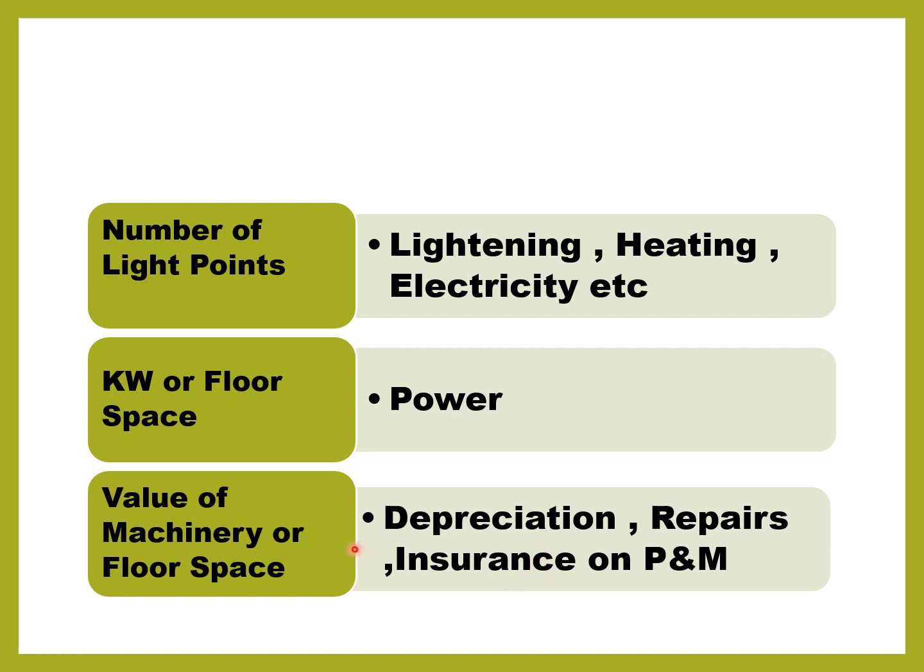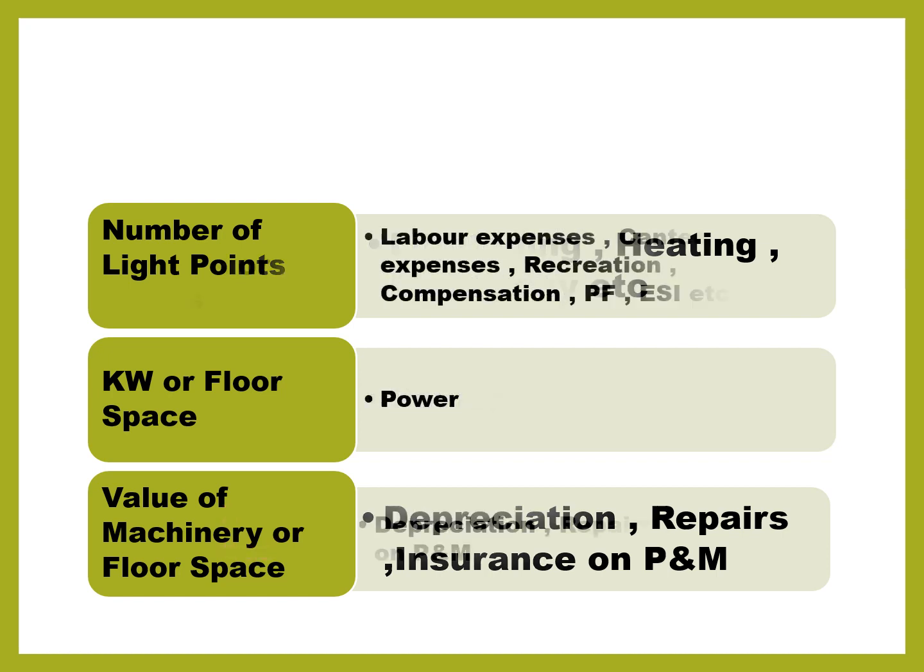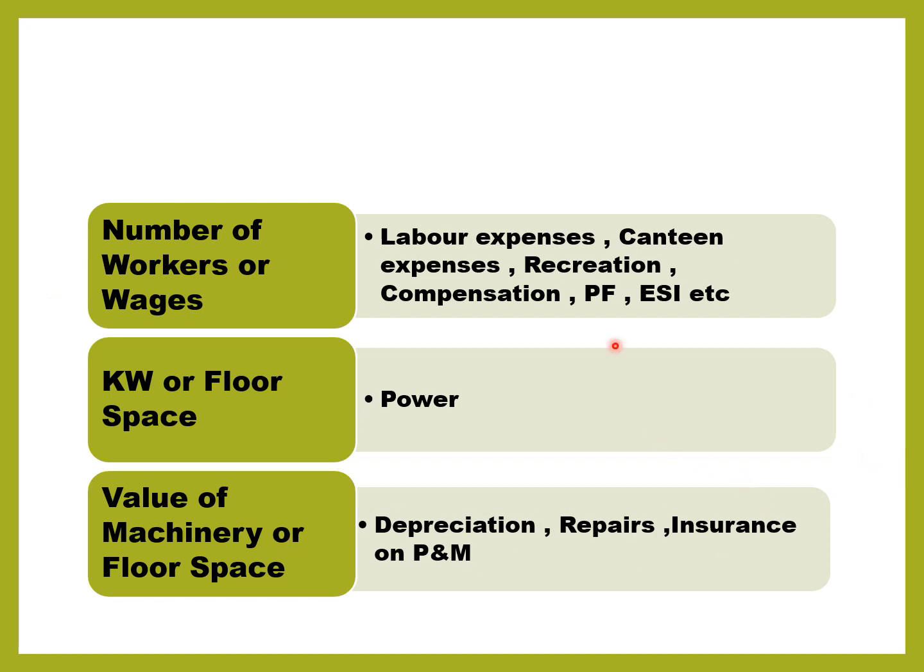Next, depreciation on plant and machinery, repairs for plant and machinery, insurance on plant and machinery. I mean, all plant and machinery expenses are to be distributed on the basis of value of machinery or floor space. All workers' expenses like labor expenses, canteen expenses, recreation facility expenses, it's just like welfare expenses, club, park, games,